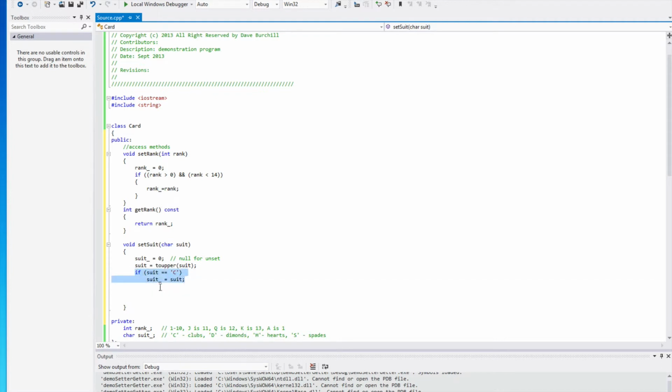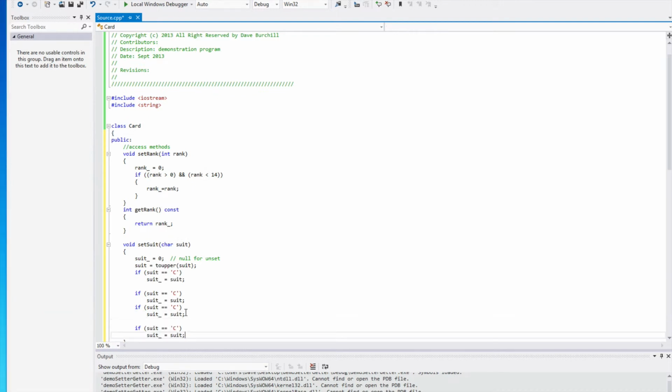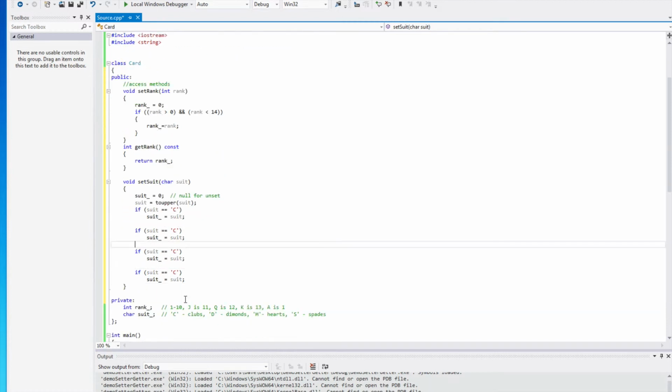As I said, later we're going to learn easier ways to state the same logic using ifs and else and selects and logical expressions like ands and ors. But for now, this will be the easiest way. So I've got clubs, diamonds, hearts,